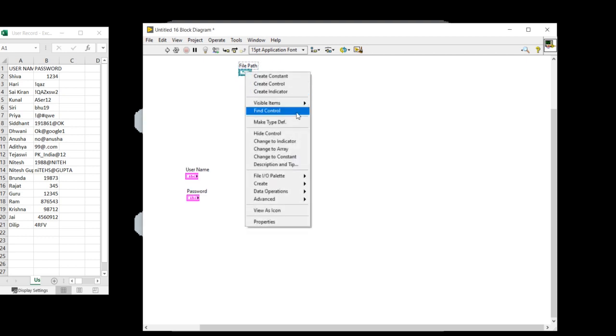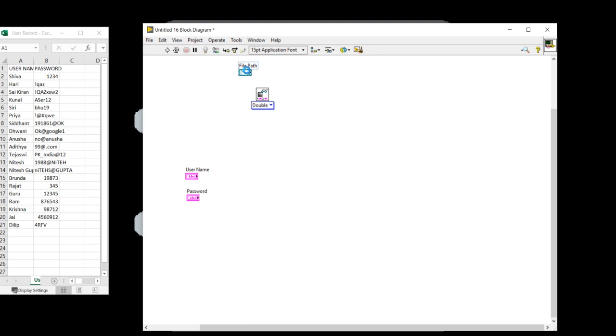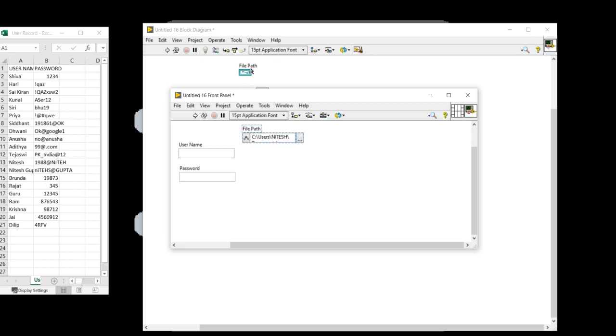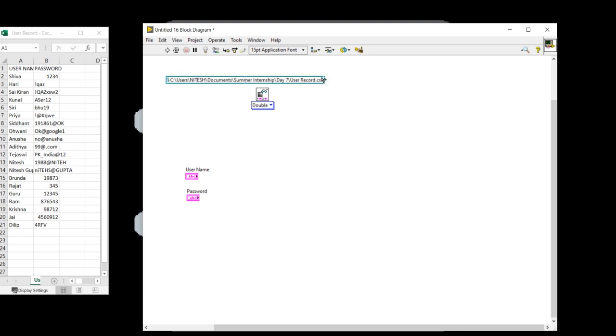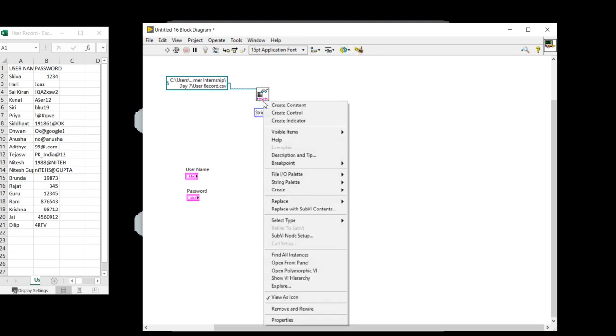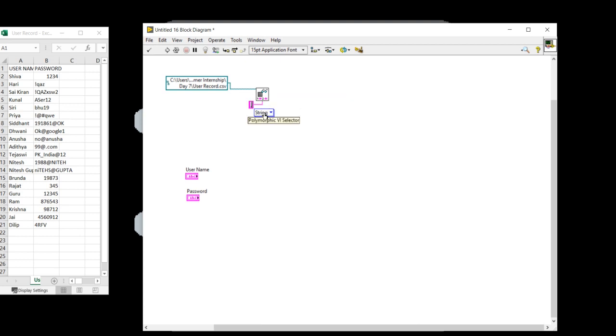Now I can convert it into a constant. I'm going to change it into a constant, and I'm going to connect this constant here. Select string, use this delimiter, and for the delimiter I'm going to create a constant.